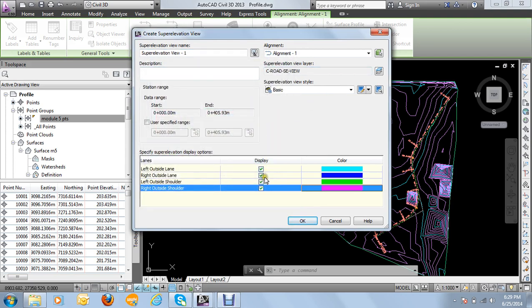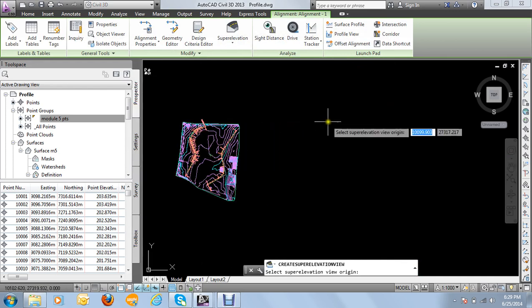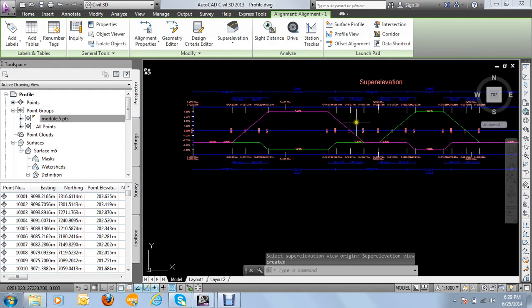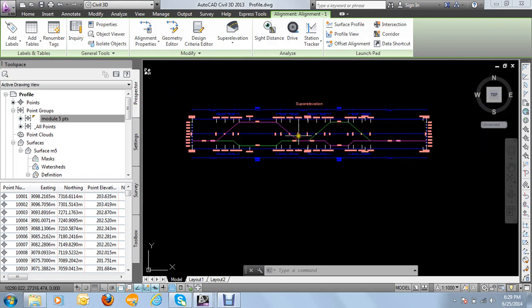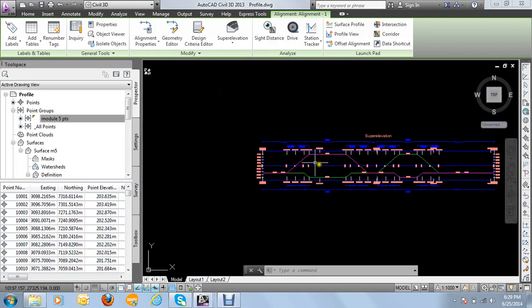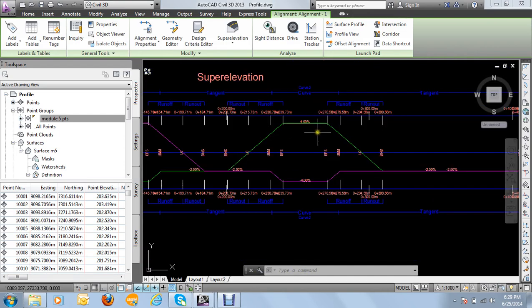After I have selected all, I can just specify a certain region, not for the whole alignment, but some. I can just take one of the points, then I'll click OK. Then I'll be prompted to select superelevation view origin. I may just select even there. So this is my superelevation view from what I created, and if you see it, it has not much conflict,